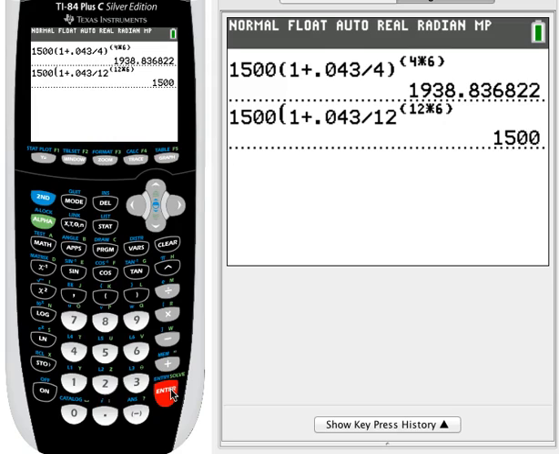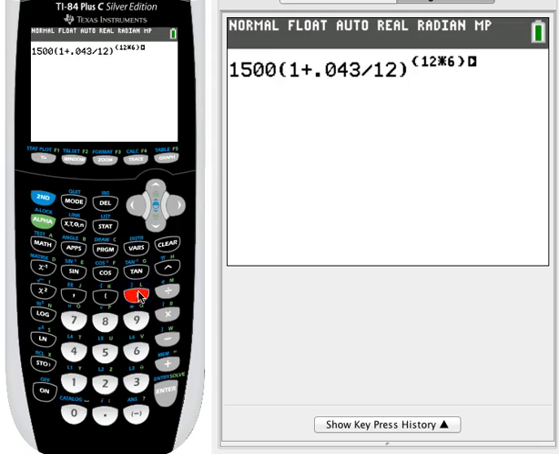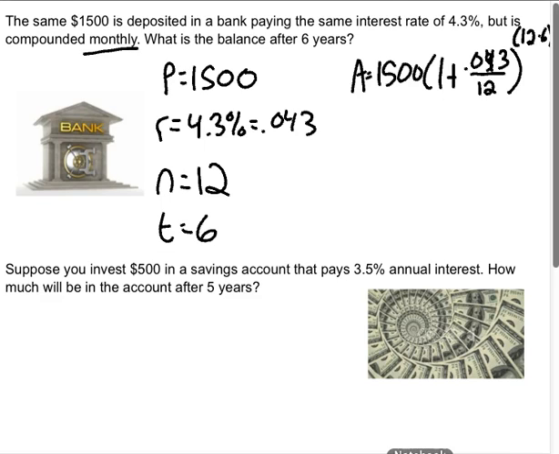Oh, I forgot my parenthesis. Sorry. Let's try that again. 1,500, 1 plus 0.043 divided by 12, to the 12 times 6. There we go. $1,940.61